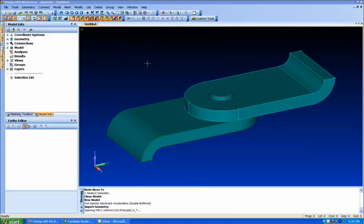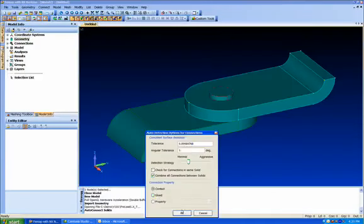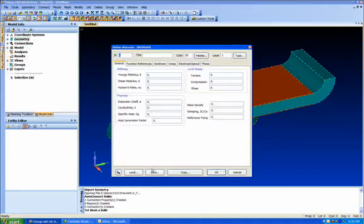We'll do a quick preloaded bolt demo here on this part. The first thing I'm going to do is, it's actually an assembly. I'm going to set up automatic connections and say I want linear contact between all the parts and let Femap set that up. The next thing I'm going to do is just tetra mesh everything in the model, and I'll